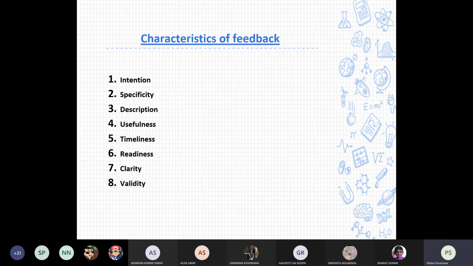Third one is description. It is just like when you give someone any feedback, rather than being evaluative. Try to understand it. People get confused between specificity and description. When we say specificity, it means you should not be general, you should be specific. What is that particular thing about which you are giving feedback? And when we say be descriptive, it is like don't be evaluative. Do not evaluate someone's effectiveness, rather tell them exactly what is the problem which you are facing with them.